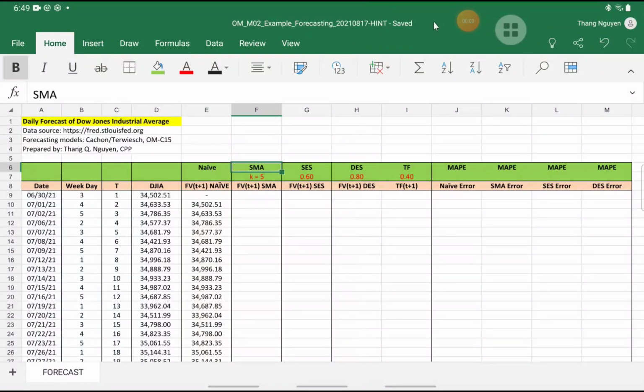The second forecasting model is a simple moving average model, or SMA. In this model, we have a parameter K, and the value here is manually chosen. It says that we need to go 5 days to the past to calculate the average as a forecast value for the next day. So in this column, we need to find the forecast value of the next day based on the simple moving average model. Because we choose K to be 5, we will not be able to forecast for the first 5 days. So I just type in the hyphens,